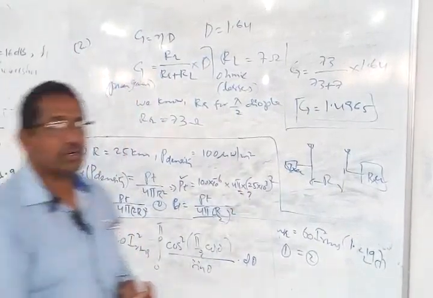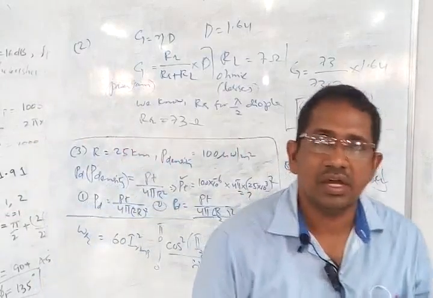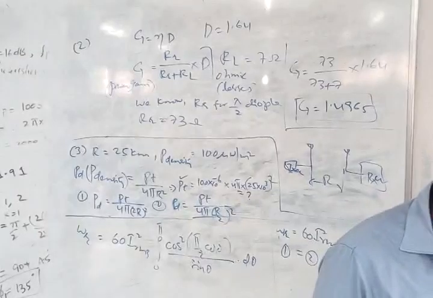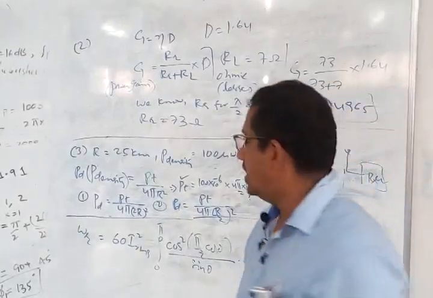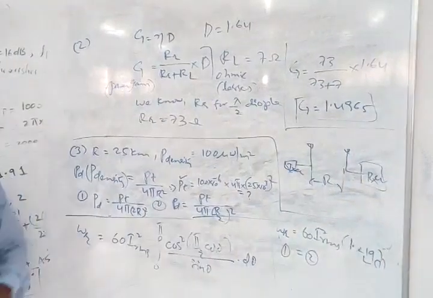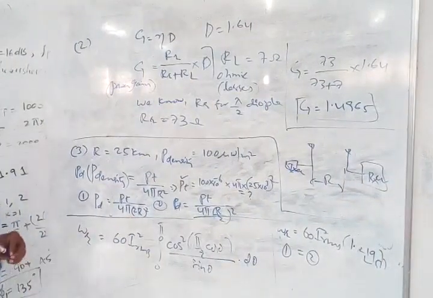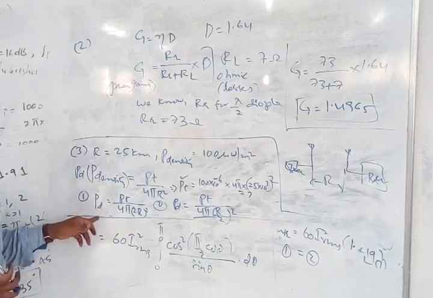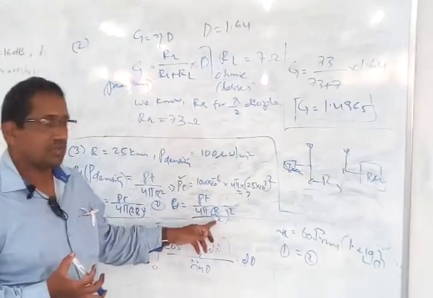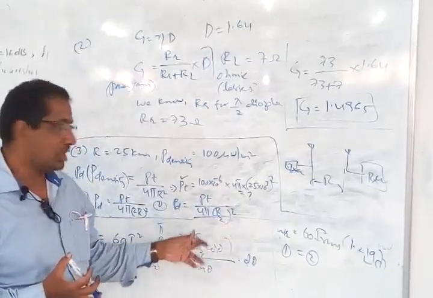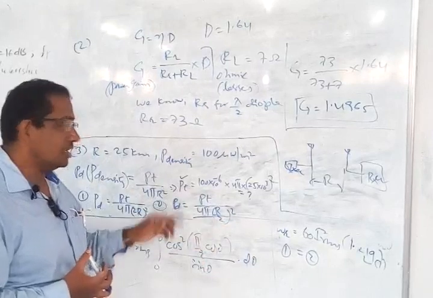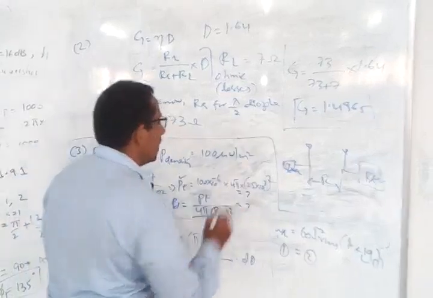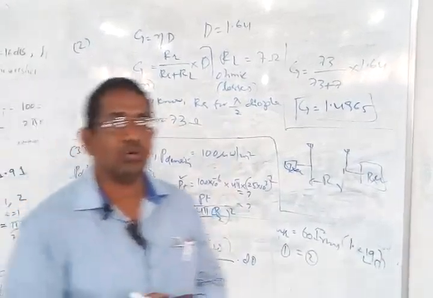Now what has been asked is to find the power density when the distance between the two antennas is doubled and halved. When the distance is doubled, R becomes 2R. So in the formula you simply substitute 2R for R and find the power density. Next, when the distance is halved, simply use R by 2. You can straight away get the power density values. Please do these two yourself at home as homework, and complete that homework.